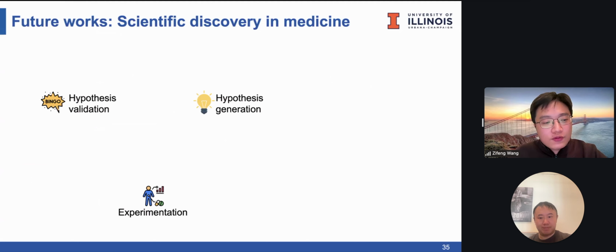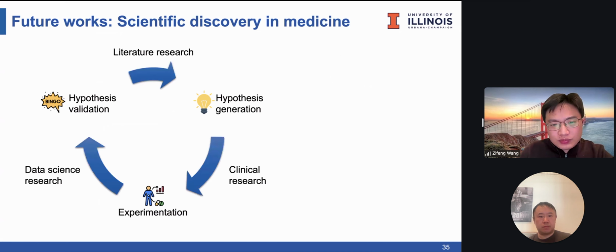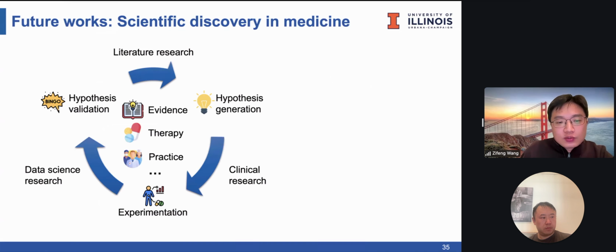So the overall future work framework is like going higher, right? What we have introduced, either literature search or data science, they're all under the framework of scientific discovery in medicine. You start by generating your hypothesis, doing some kind of experiments like a clinical trial, and validating your hypothesis by analyzing the trial data. So these 3 can all be accelerated in a loop by our AI for clinical research, AI for data science research, and AI for literature research. And when we have a better solution for these 3 components, we can accelerate this cycle and then lead to new evidence, therapy, clinical practice, and improve the